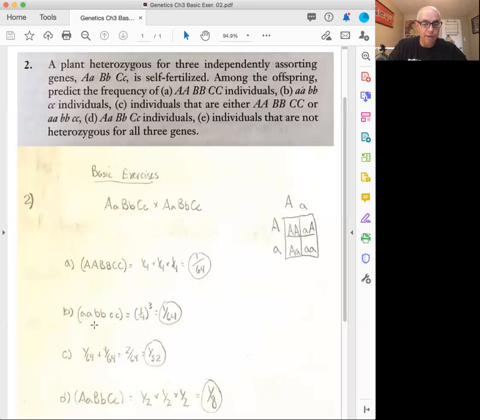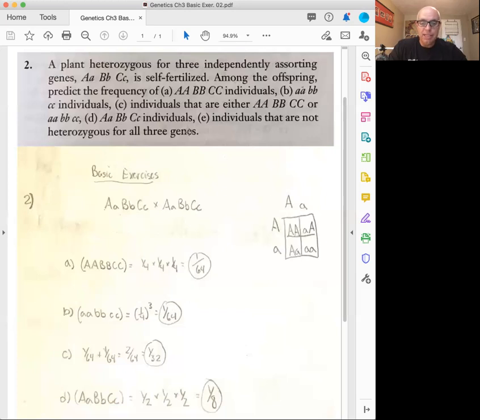B is the exact same problem, but now rather than looking at the homozygous dominant allele at each of the genes, we're just looking for the homozygous recessive allele. Here in the Punnett square, we also see that it has a 1 in 4 chance because it has little a down here. One of the 4 cells is little a. Times them all together, you get 1/64.